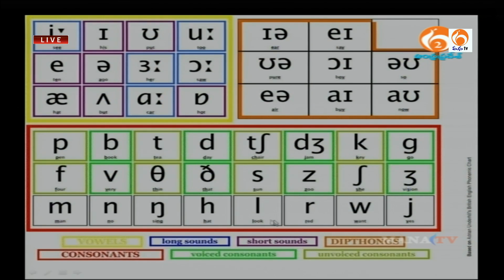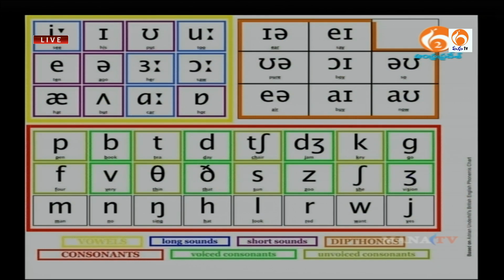Then we have the l sound, which is your little, millet, spill. And then we have r sound, again to keep in mind, examples: red, narrow, wriggle. Then we have your w sound, which is your wicked, watch, one. So we have to keep in mind this again takes a different enunciation.